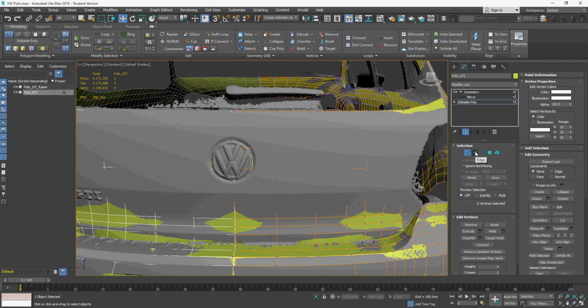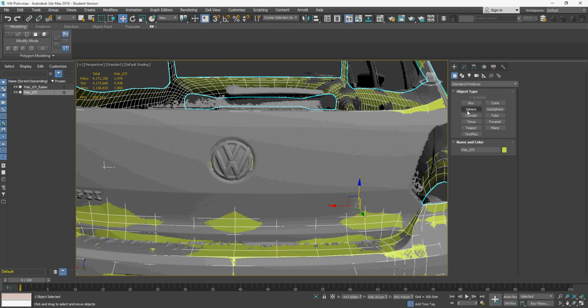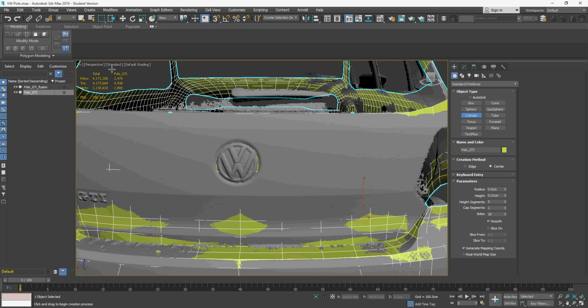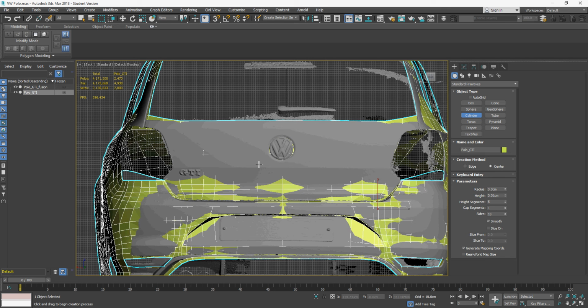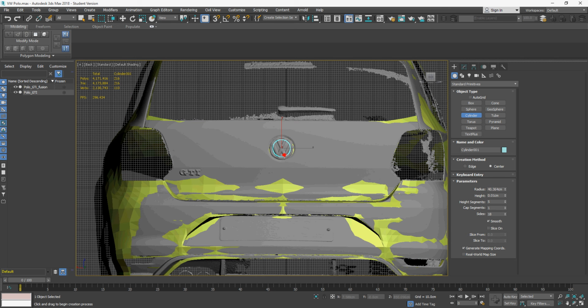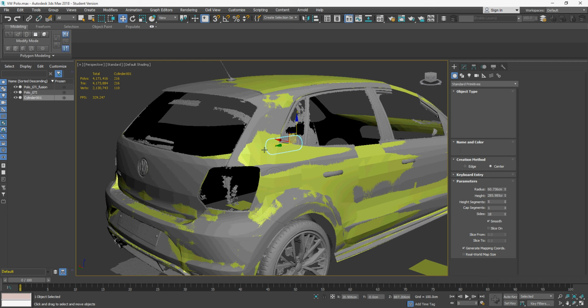So we're actually going to create a cylinder. So we're going to Boolean a cylinder into this. We're going to go into the back view, just so that we can see the size of the shape. With that, we're going to move it into place. And this is the exact same process for the front of the car, which you'll see in a short while